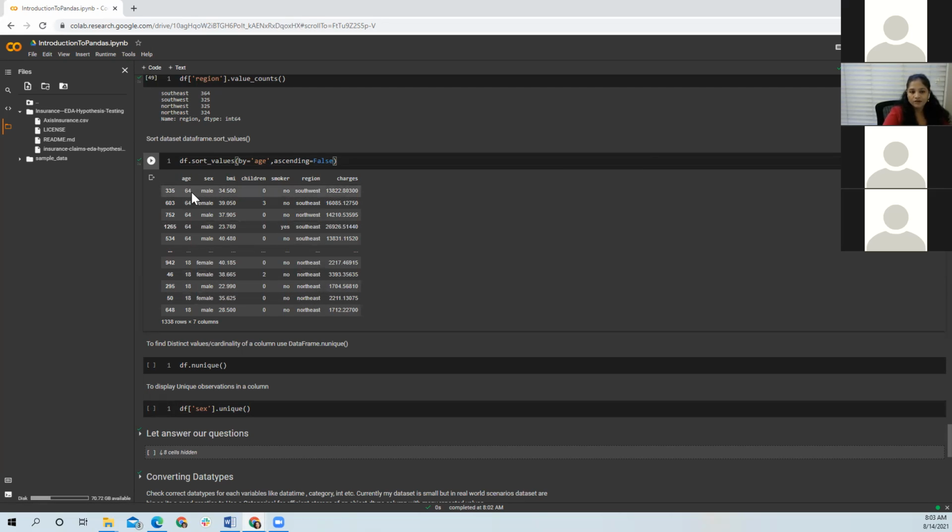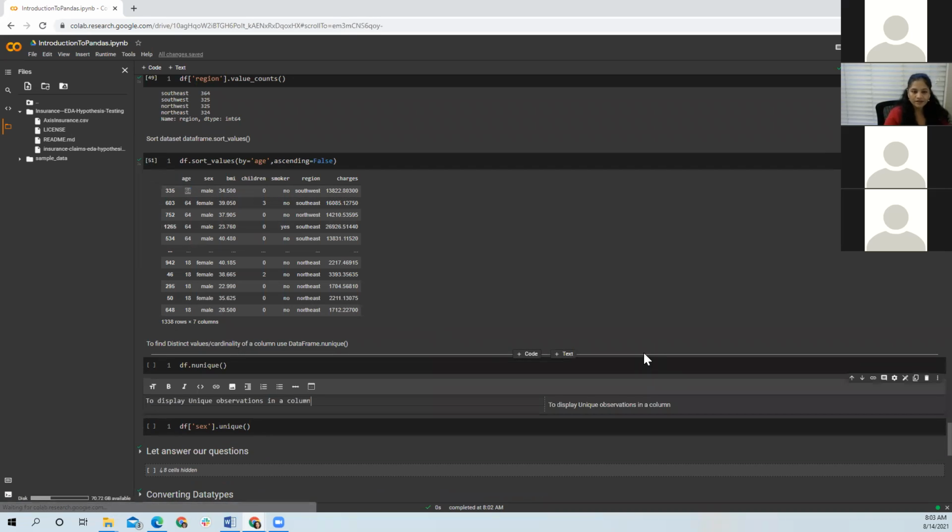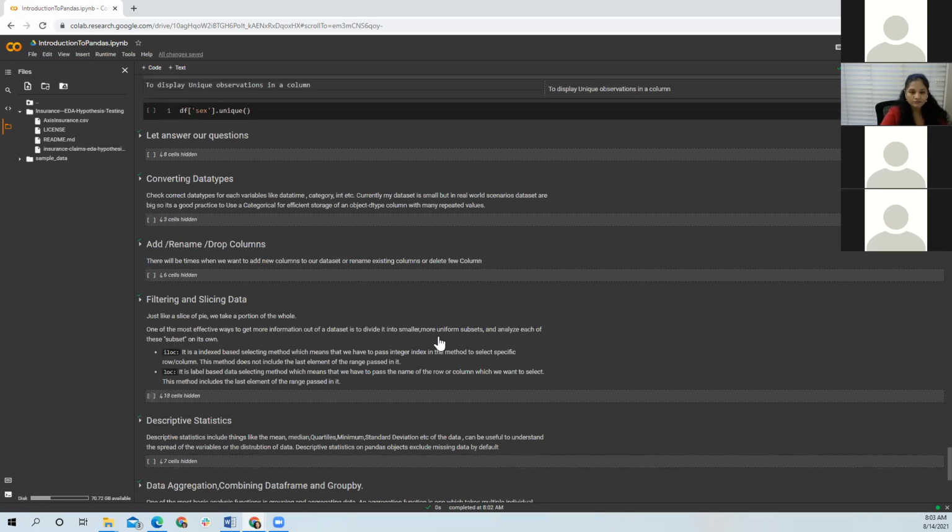And it will sort it in descending order. Now you can see the age starts with 64 and it goes down. We will be using all these functions as we move ahead.